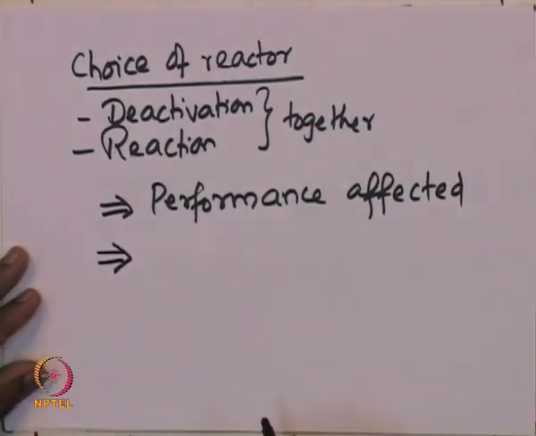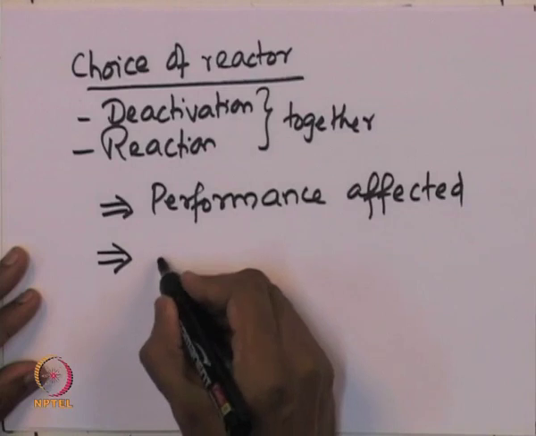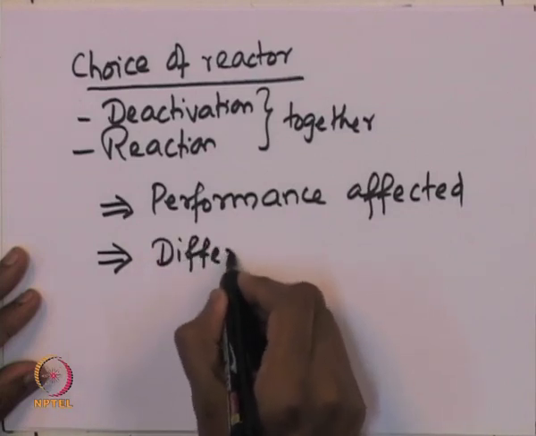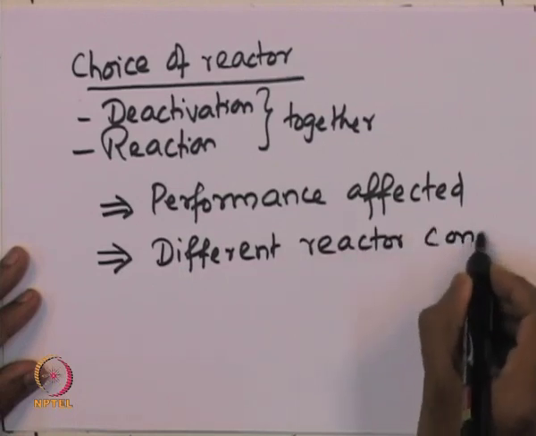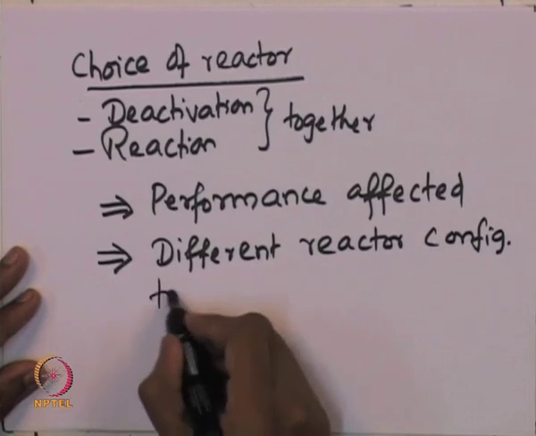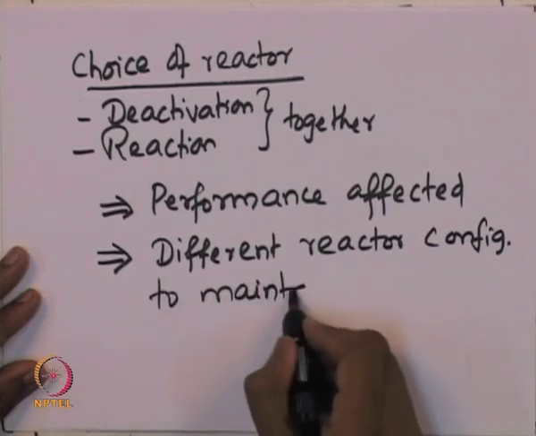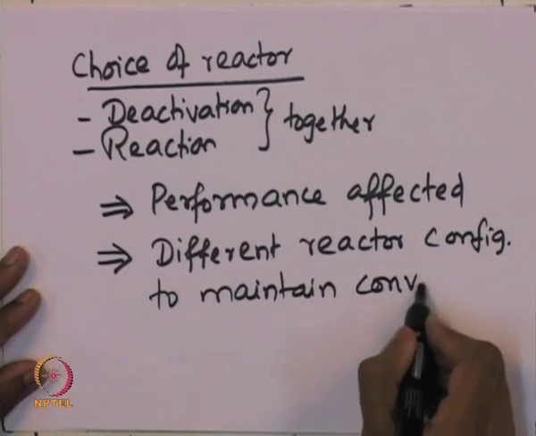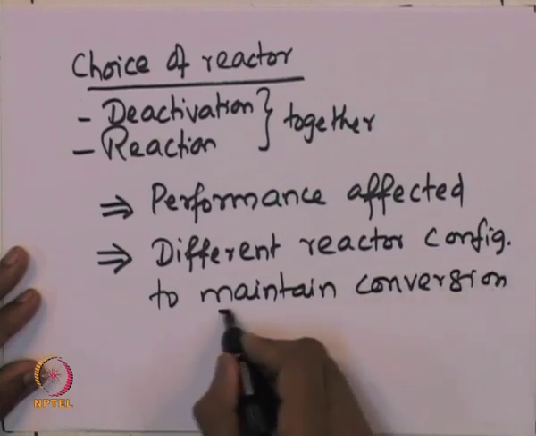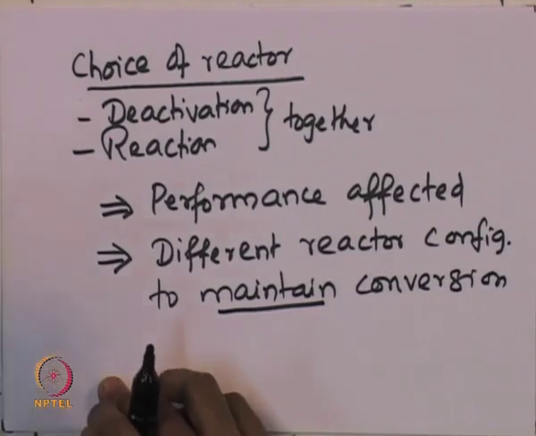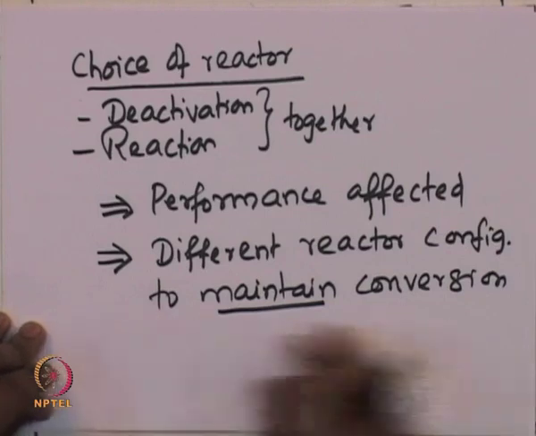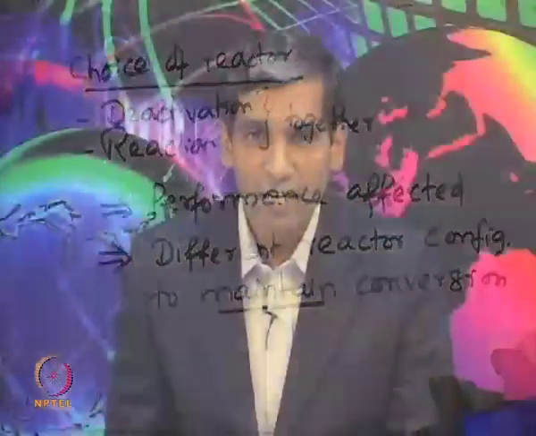And as an offset, one could actually use different reactor configurations to maintain the conversion. So, what we are going to discuss now is what are the different types of configurations that one has to use in order to minimize the deactivation of the catalyst, or rather in order to maintain the